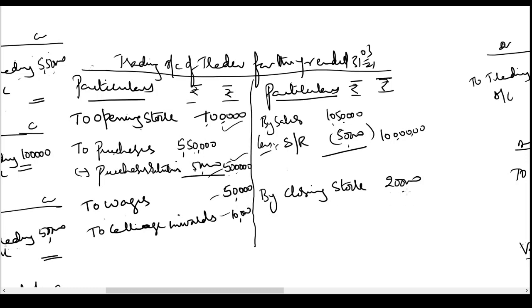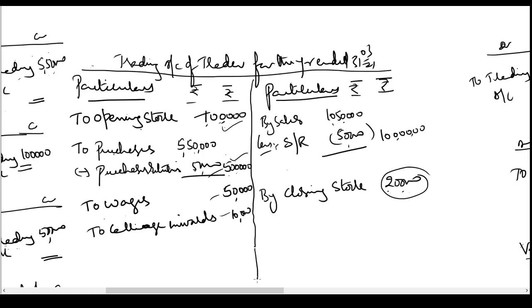If I don't credit this account, this cost which is included in these amounts will get debited to the trading account, and when we compare it to the sales account, we'll arrive at the profit which will be on the lower side. What we are saying is, when I credit the trading account, out of the expense which have been debited to the trading account, this is the expenditure relating to the goods which are remaining unsold. So I'm reducing the cost which has been debited to the trading account.